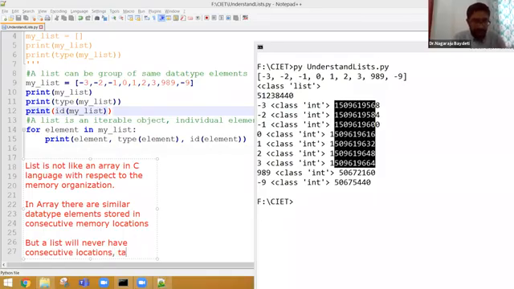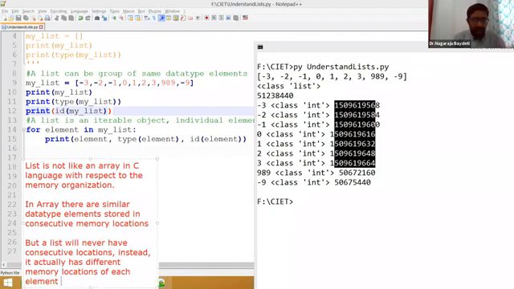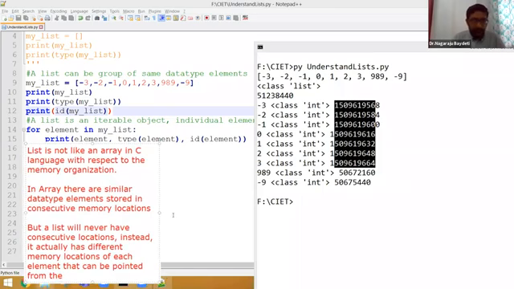Instead, it actually has different memory locations of each element, stored in or pointed to from the list object.